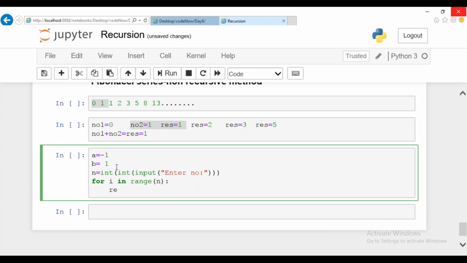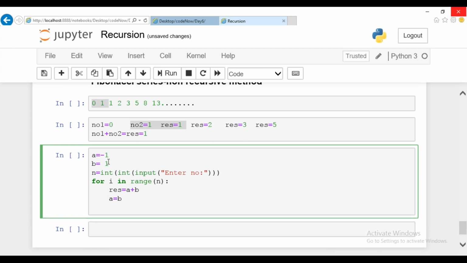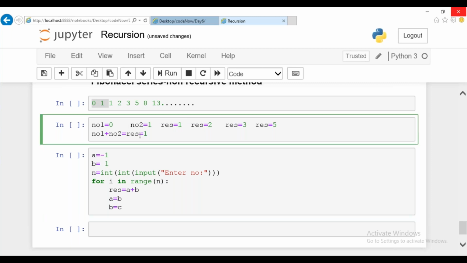You're going to print your result, the addition of the first two numbers. Addition of 1 and -1 is going to generate 0. I'm going to generate the first number, followed by A assigned B, and after this B assigned C. Remember, the result should be reinitialized as your next iteration value, which is nothing but your B value.